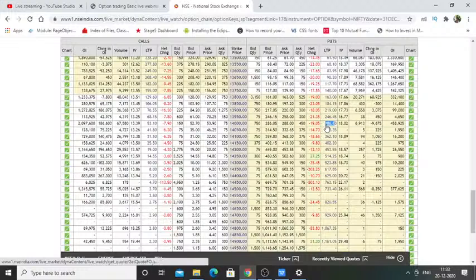Or if Nifty is more bullish and moves to 14,100, the 14,000 put option will become an OTM, which is out of the money, and its premium will become zero. Any strike price below the spot price is considered OTM for a put option, so in that case this strike price will expire worthless.